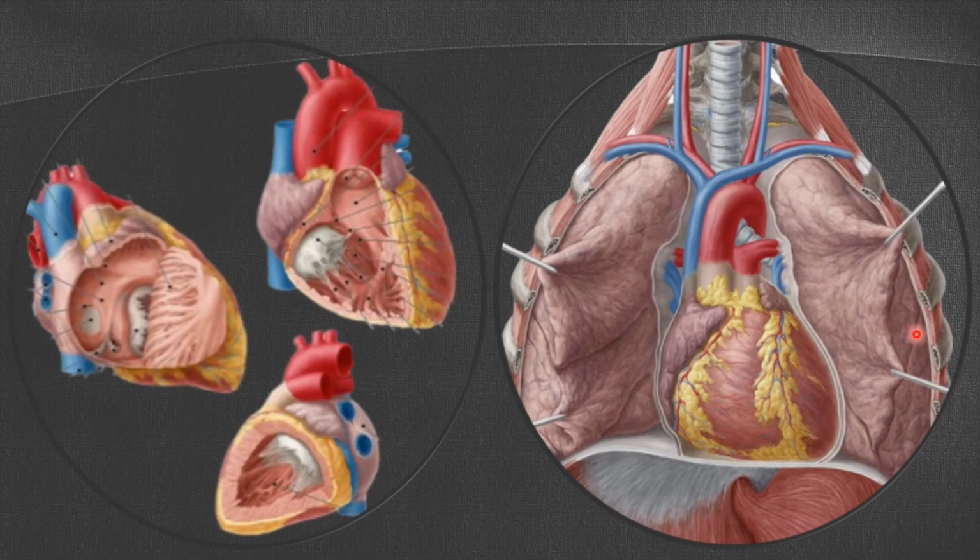Now here you can see this is the left pulmonary border formed by the left ventricle, even the left pulmonary surface formed by the left ventricle, and the diaphragmatic surface is formed by the left ventricle. As you can see, this is the diaphragmatic surface, this is the left side, so this is again the left side, this is the right side, and this is the apex of the heart, and this is the diaphragmatic surface